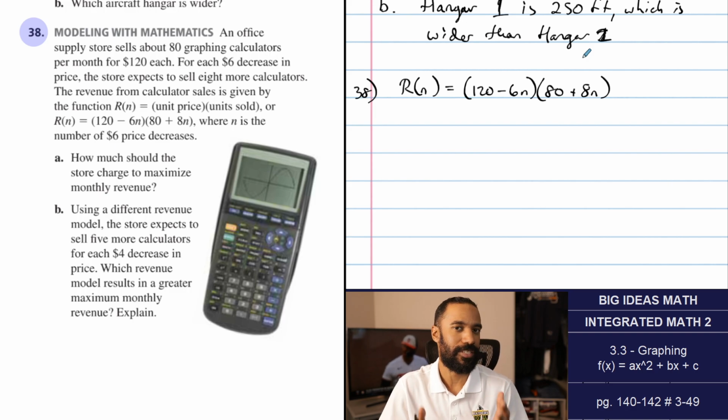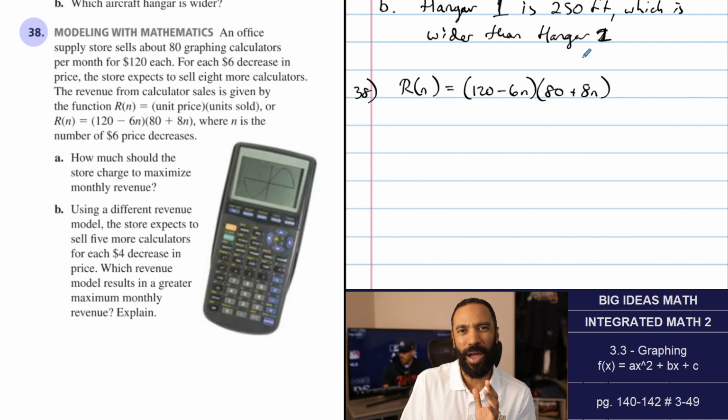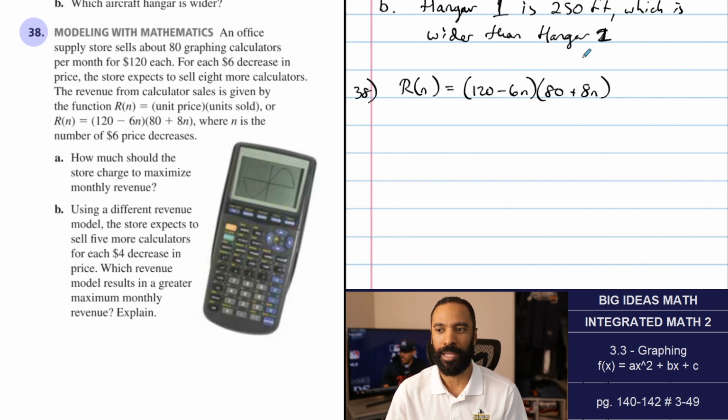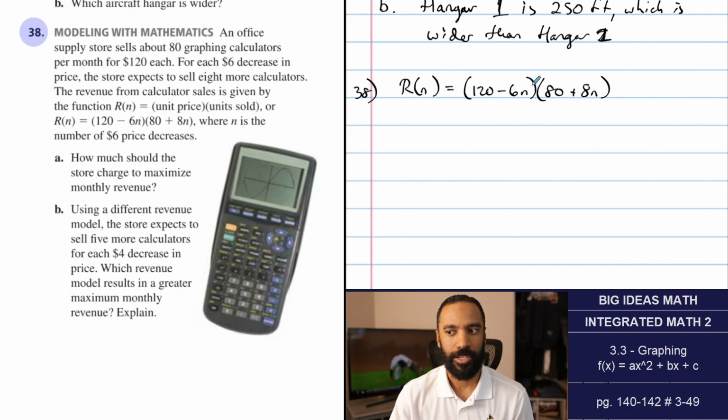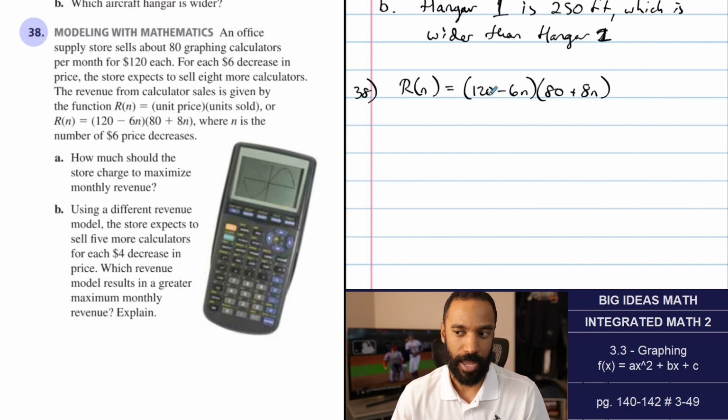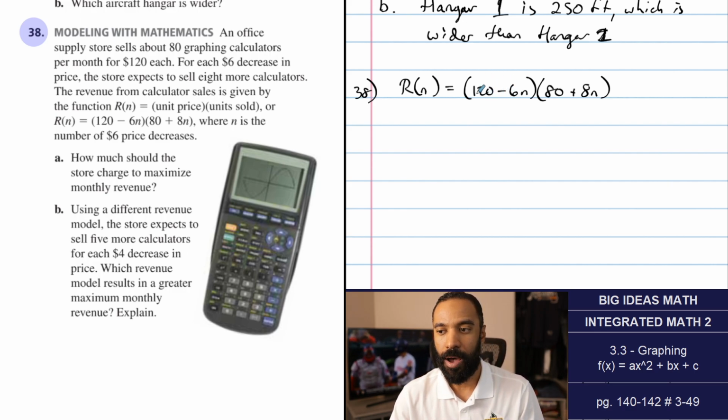So there is this equilibrium. You have to figure out at what price point we set to get that right amount of sales to make the most amount of money. That's what this model is doing for us. And it makes total sense because this model, and actually I guess I could have made this model really easily. This model is saying, hey, for every $6 price decrease we do from 120, right, that's going to be